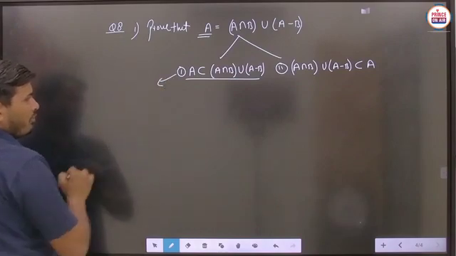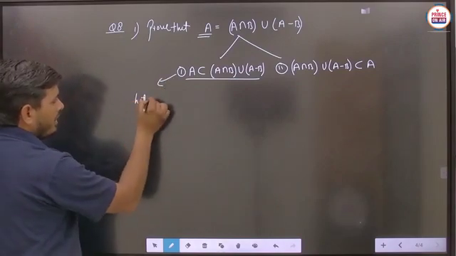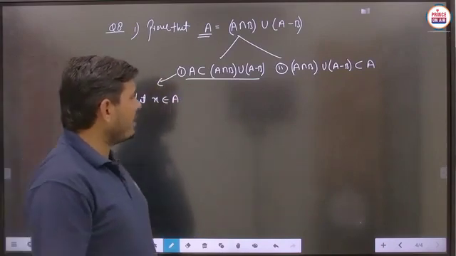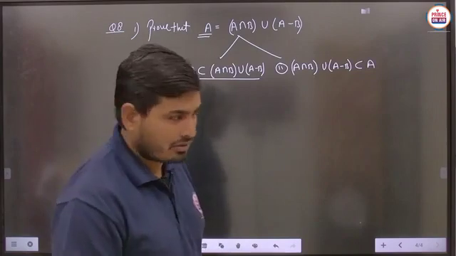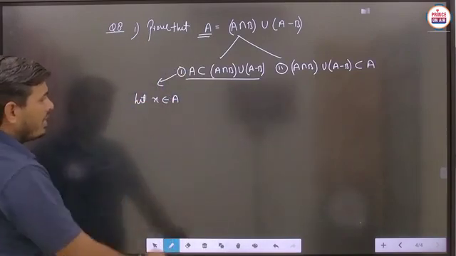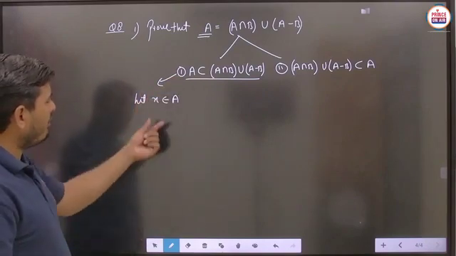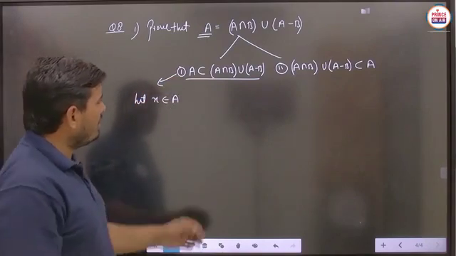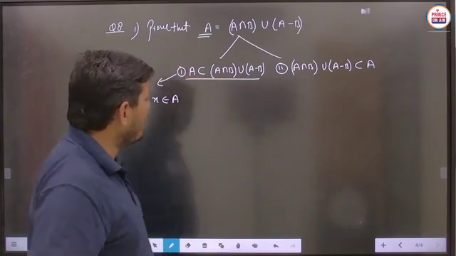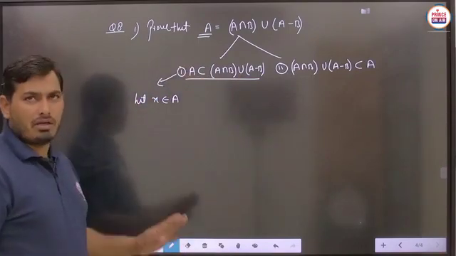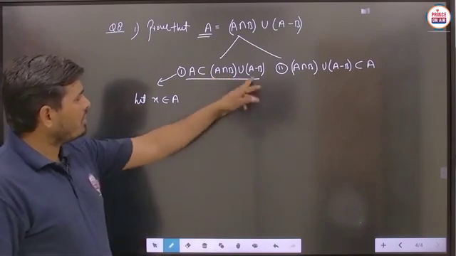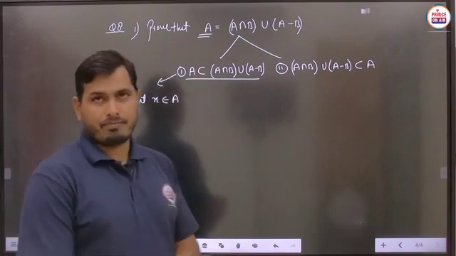So basically the very first part we have to take here. In the proof of this part, let any element x belong to the set A. Is it clear? So if any element x we are taking is an element of set A, then for this set to be a subset of this part, on the right hand side we will write A intersection B union A minus B. Is it clear?